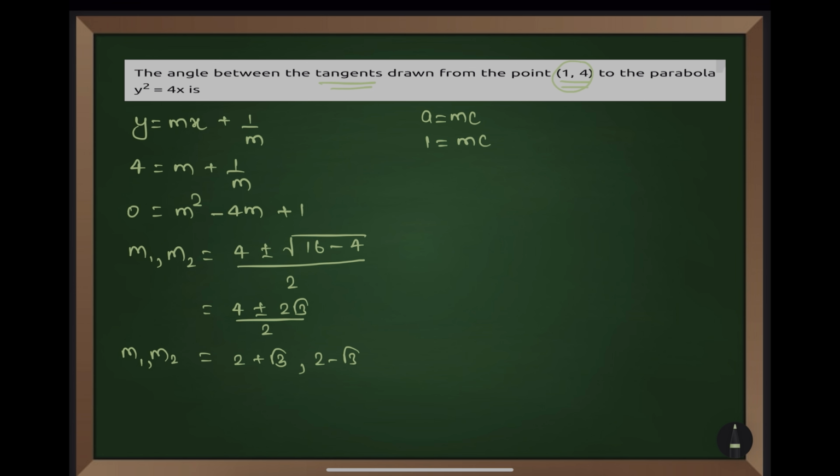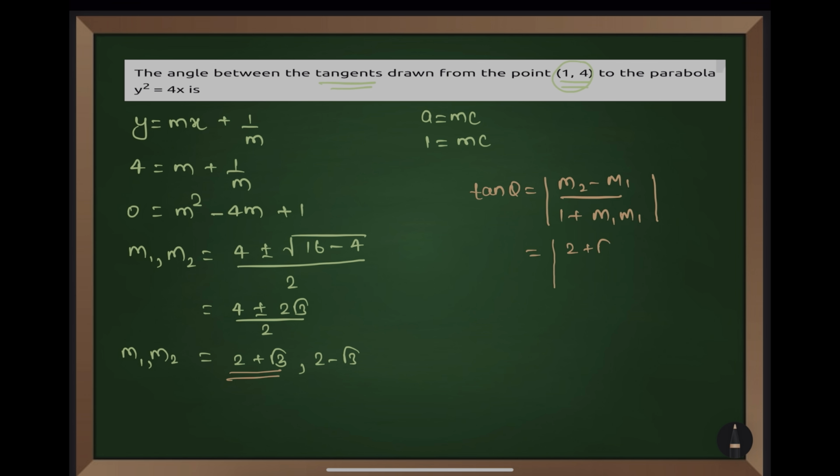So we got both the slopes and we are interested in finding the angle. So the angle is what? tan θ is (m2 − m1) / (1 + m1 m2), right? Suppose that this is m2, so if this is m2,